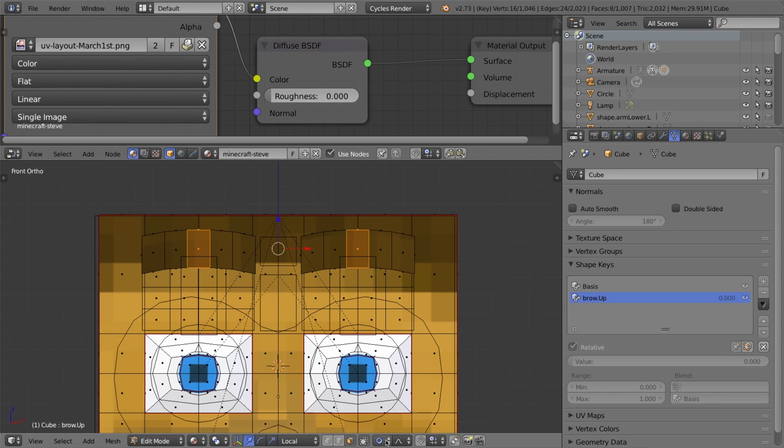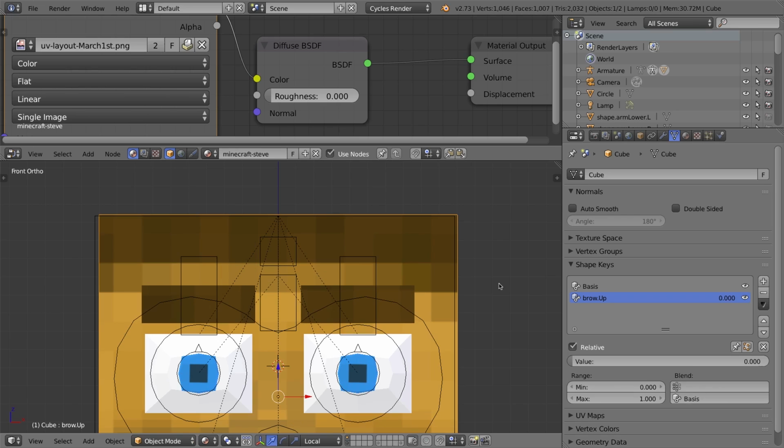Now I'm going to turn off proportional editing, and I'm going to select each eyebrow to rotate it out just very slightly. So I'm going to type R and then -5 on that one, just to rotate it out -5 degrees that way. A and L, R, 5, Enter to rotate that one out. So now, if I press Tab to go back into object mode, I see the way that my object looks at its basis,